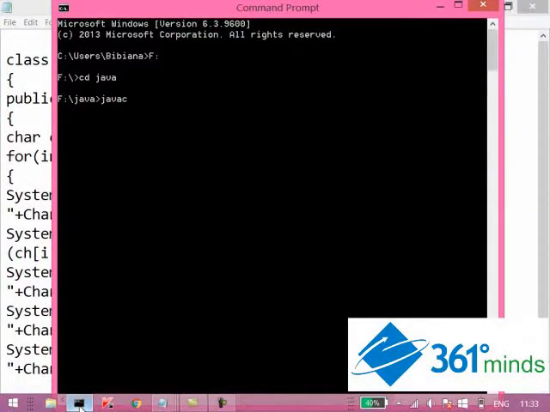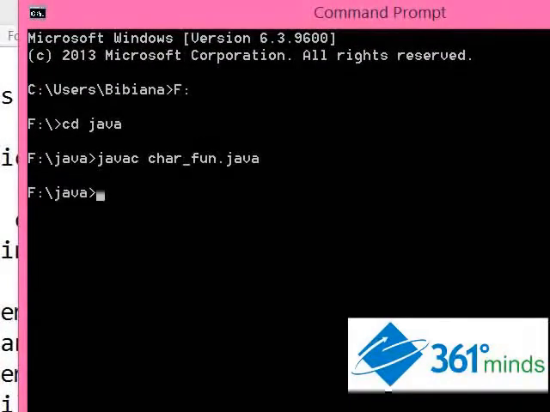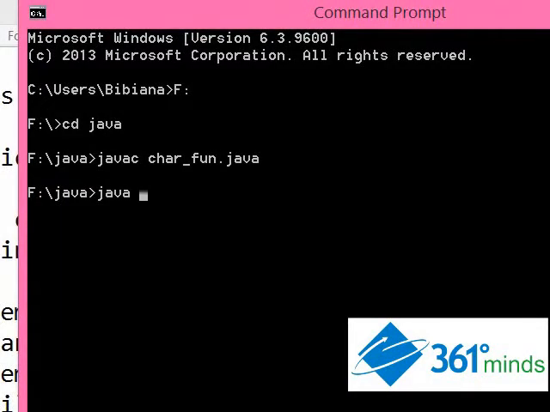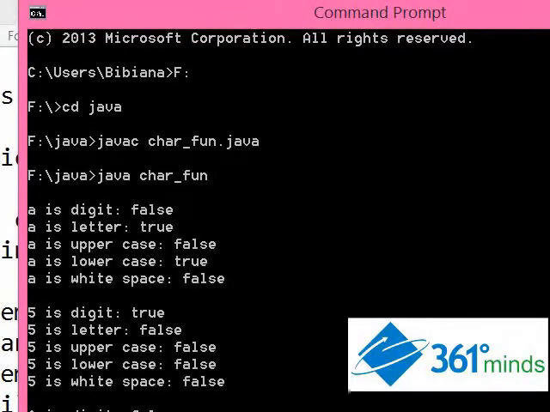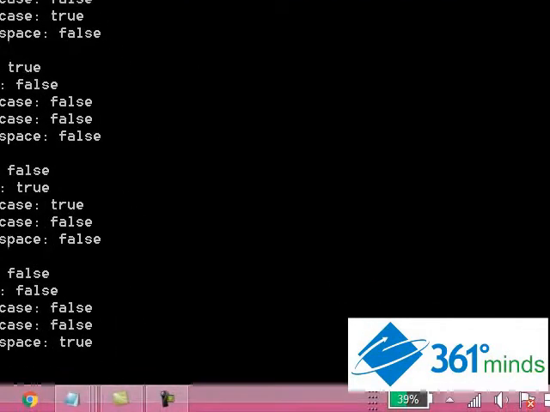Now I compile this program. Now I execute the program by using the class name, and if you see, a small a is a digit is false, is a letter